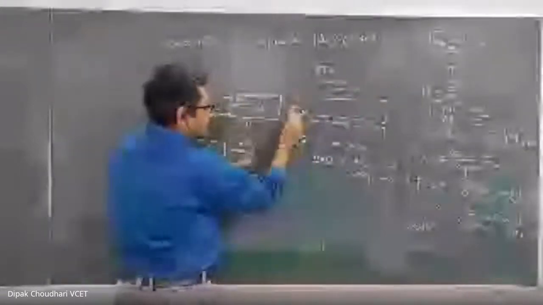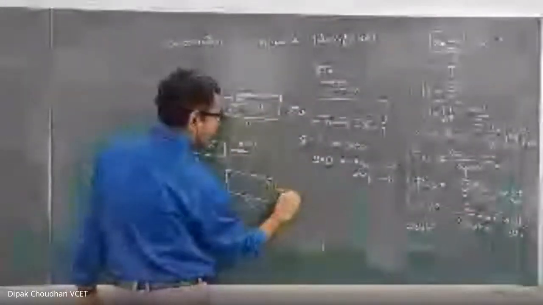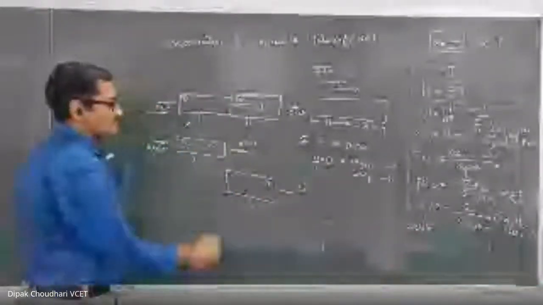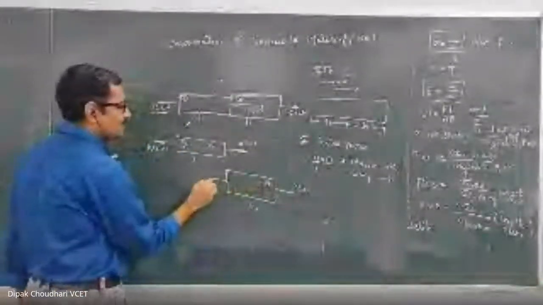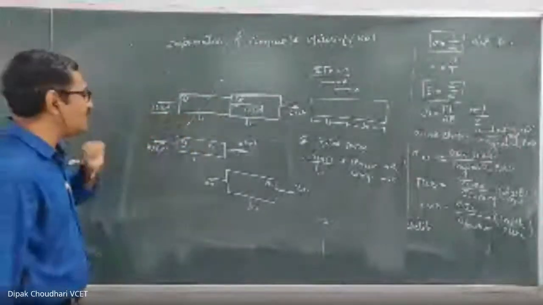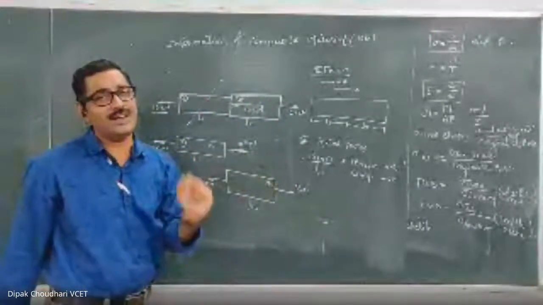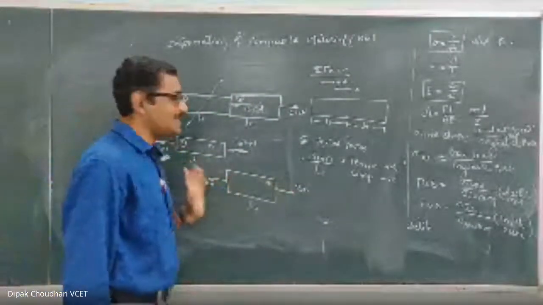Summation of forces on any one side of the section. So if I take the algebraic summation of the forces on the right side of the section, on this part 2 on the right hand side there is only 20 kilonewton tensile force, so show it 20 kilonewton, and to balance this here also 20 kilonewton. Means this first part is subjected to an axial force of 10 kilonewton tensile, and the second part is subjected to an axial force of 20 kilonewton tensile.